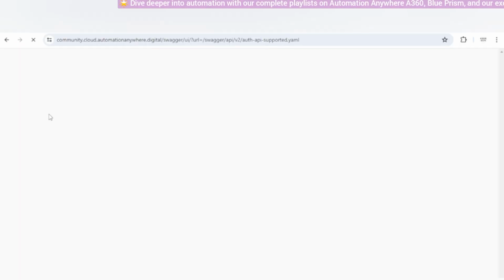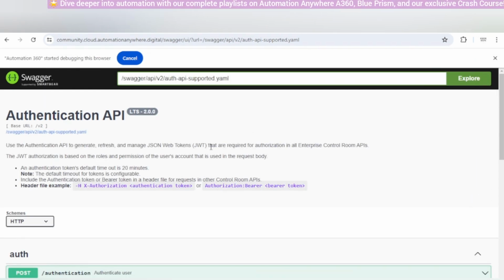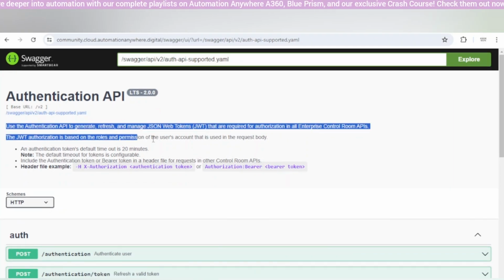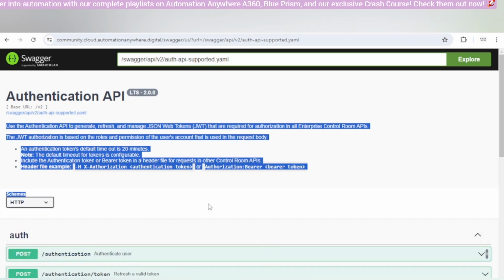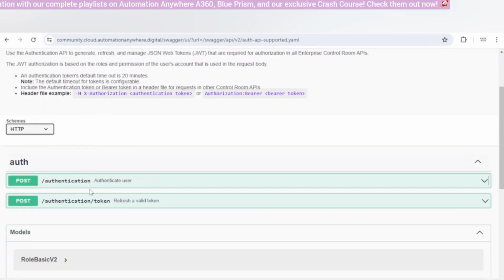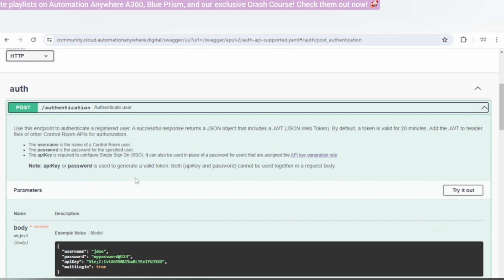As soon as we go to this authentication API, we can see all the methods of this API. There are two methods: the post method authentication and authentication token. For this authentication API, in the body we will give username, password, API key, and multiple login.